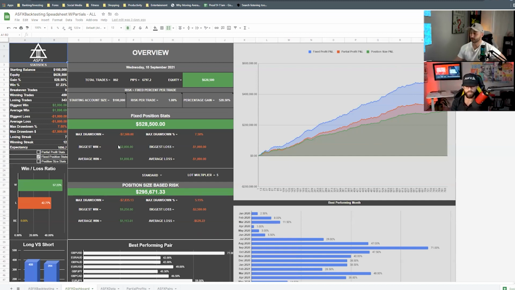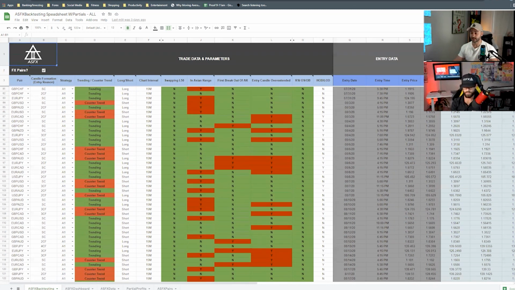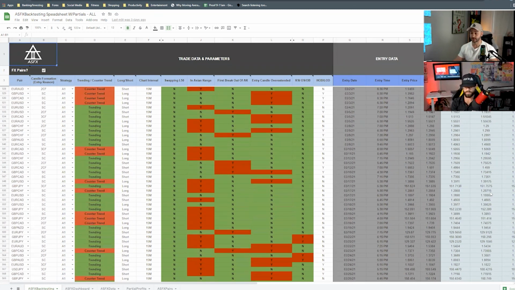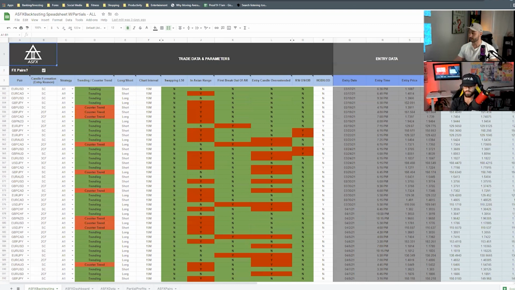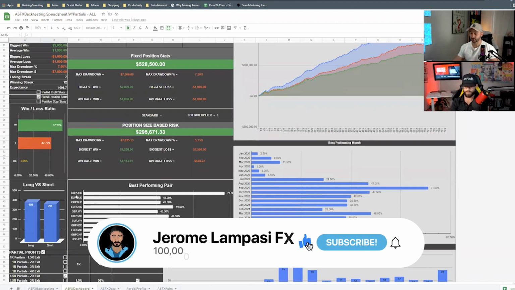Yep, looks good. Perfect. So basically, this is the AceFX backtesting spreadsheet, and I won't go too much into this in this video, but you can see we have over 800 trades across multiple different pairs that I've tested this past 2-3 months. And it's 802 trades across Aussie, GBP pairs and Euro pairs.